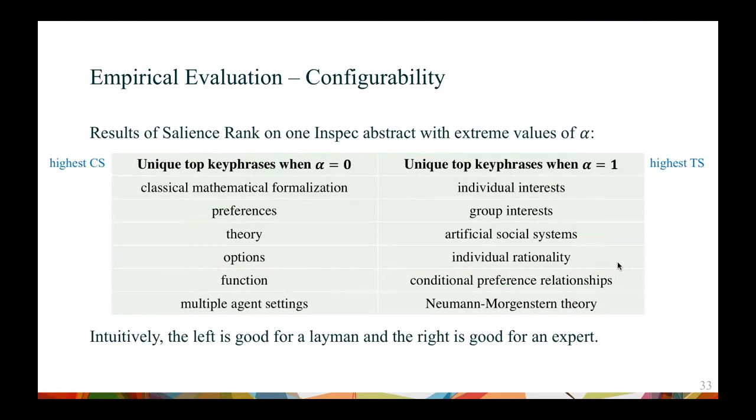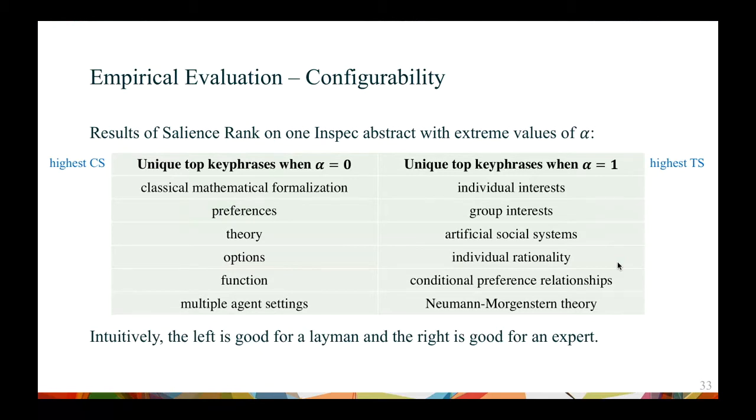So this is the result on one abstract from the InSpec data. As you can see, when we set alpha to 0, which means we focus more on the corpus specificity, that is the frequency of the word, in this case, we got very generic words as key phrases, like for example, function, theory, preference. So if you are, say, not an expert in that area, these are probably the things which